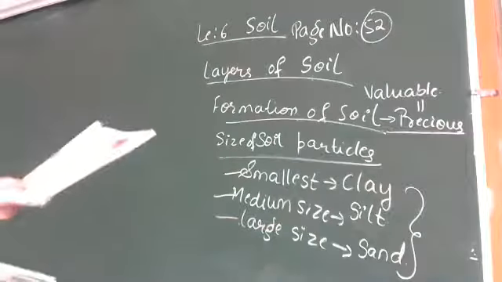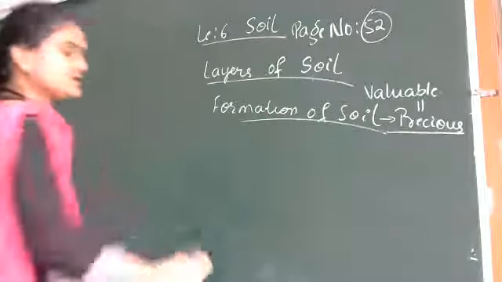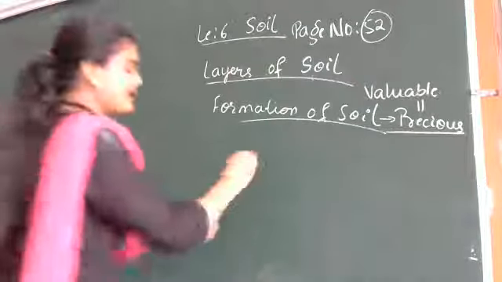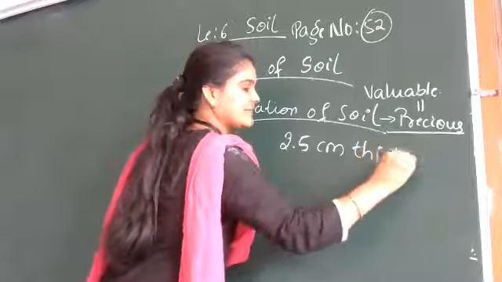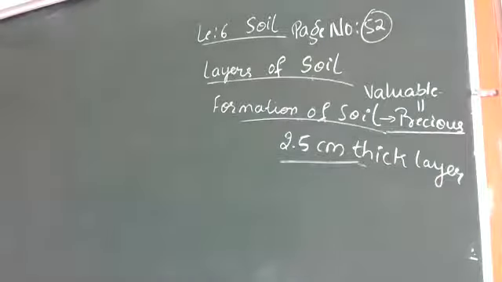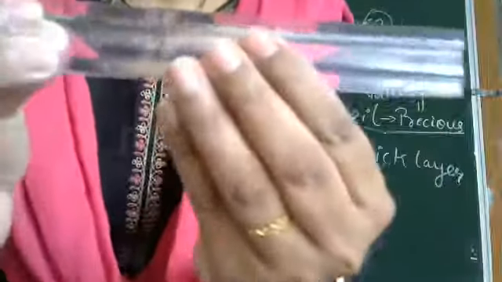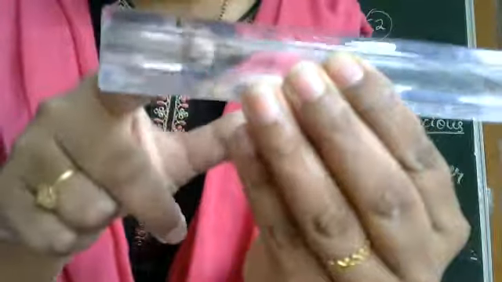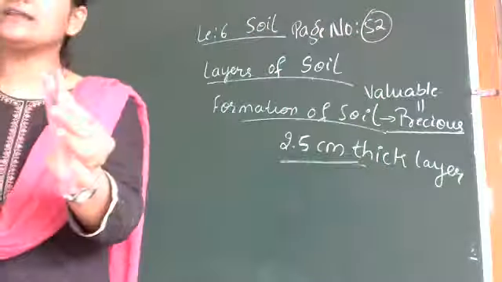Soil forms 2.5 centimeters thick. Just see, children. It is very important. Just to make 2.5 centimeters thick soil. So here, 2.5 centimeters. Is it very thick, children? 2.5 centimeters. Just see here. We have a scale. Okay. So 1 centimeter, 2 centimeters, and 2.5 centimeters. So only till here. This much thickness also, if the soil has to get prepared, it will take nearly